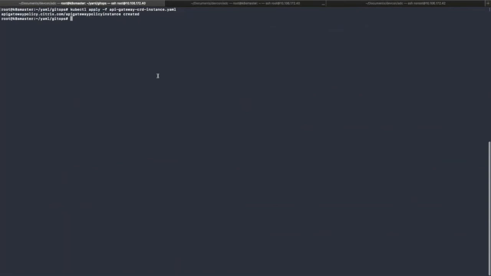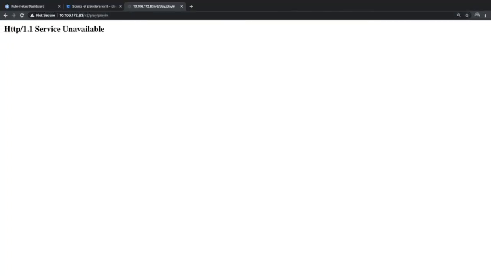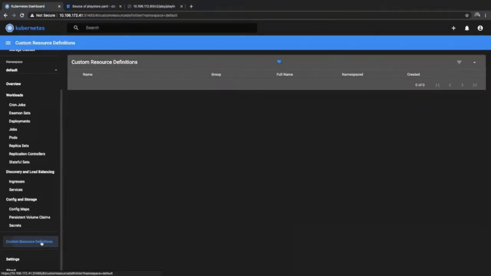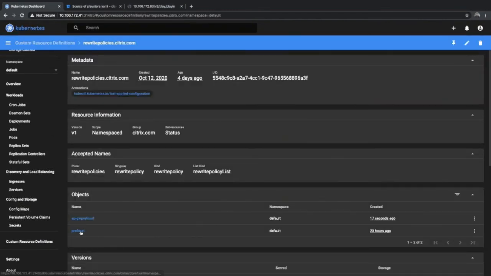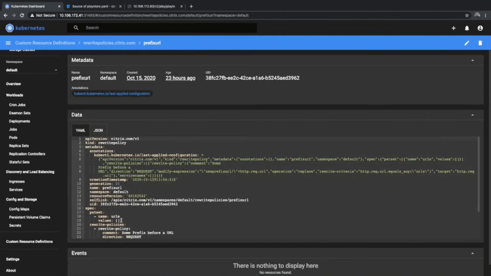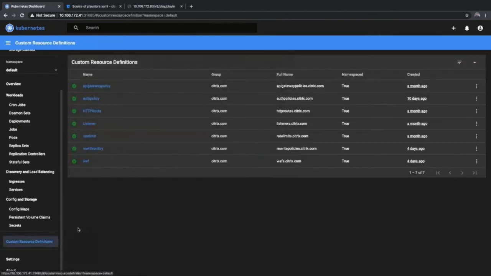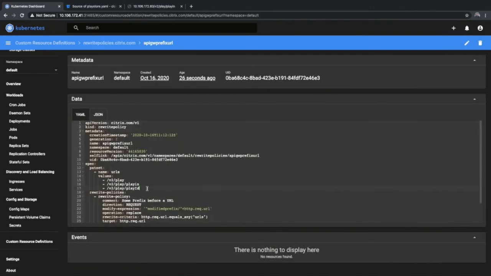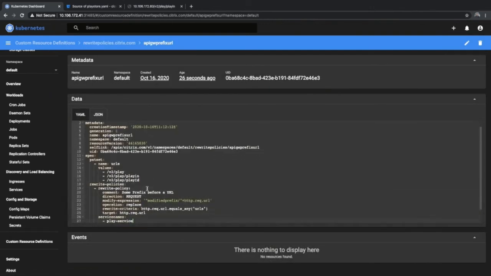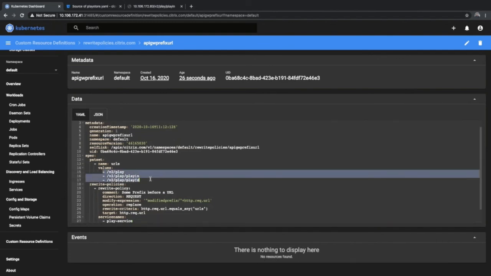Right, so it's being applied, and now let's look at what is the state of our configurations. Let's look at rewrite policy. We had only the template, which is this one without any URL and policy. But now after applying this API Gateway CRD, out of the template we generated an actual policy instance with the matching APIs filled in.